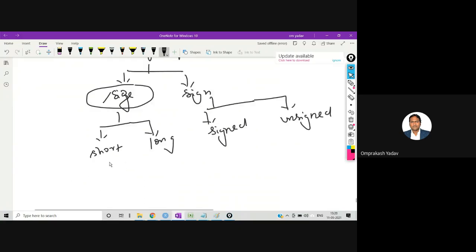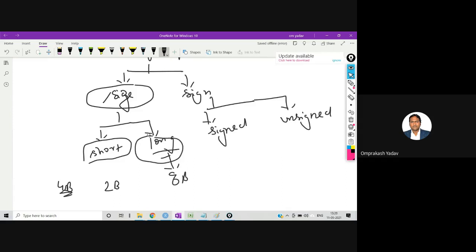If we say short, it will shorten that particular data type. If we say long, it will increase the size of that data type. For example, if we have 4 bytes of data, if we say short, it will do what, 2 bytes. If we say long, it will do 8 bytes. So with the help of short, we can reduce the data type size. If we use the long qualifier, we can increase the size of that particular data type.